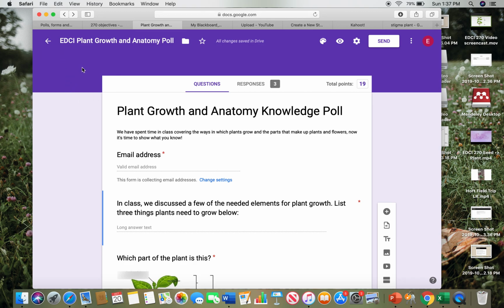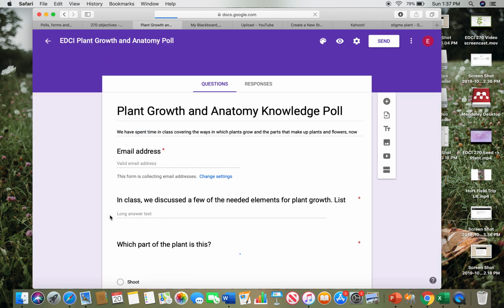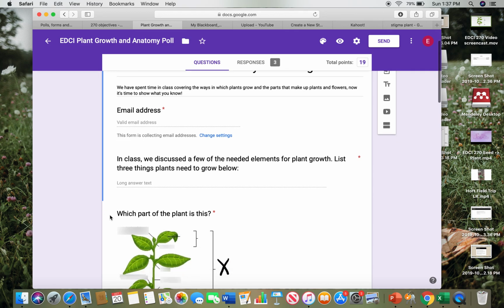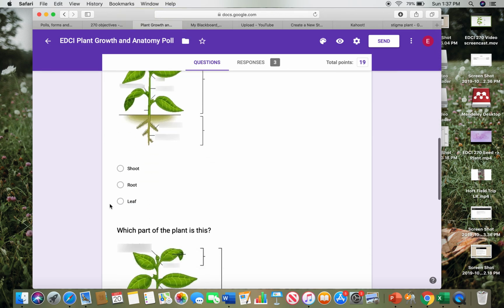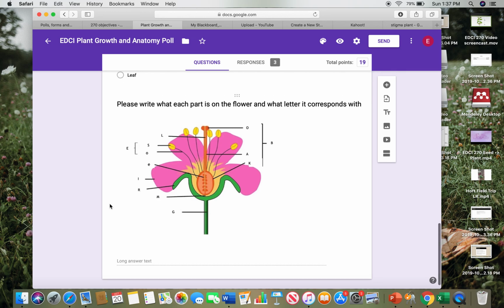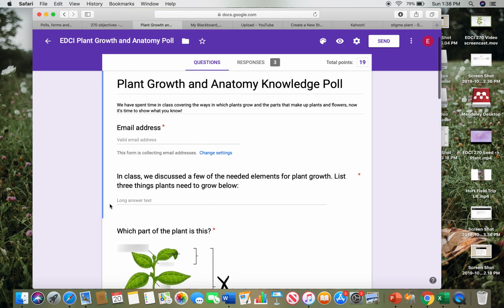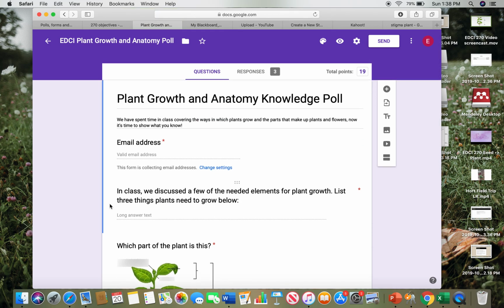I created it through Google Forms, but to be able to create this, I'll go back here and I hit this blank button after signing into my Google account, and that allowed me to create this form. I then filled it with questions for the students that were kind of based off my objectives so that I know where the students are at in the lesson, what we can improve upon, and what they already know or